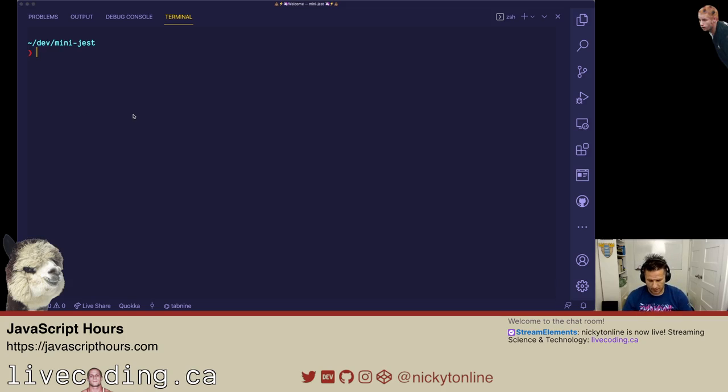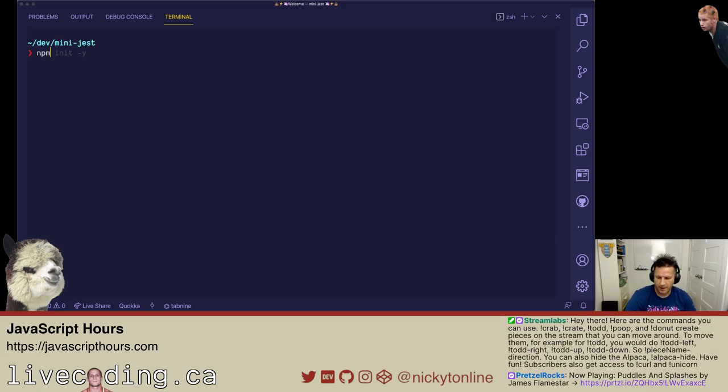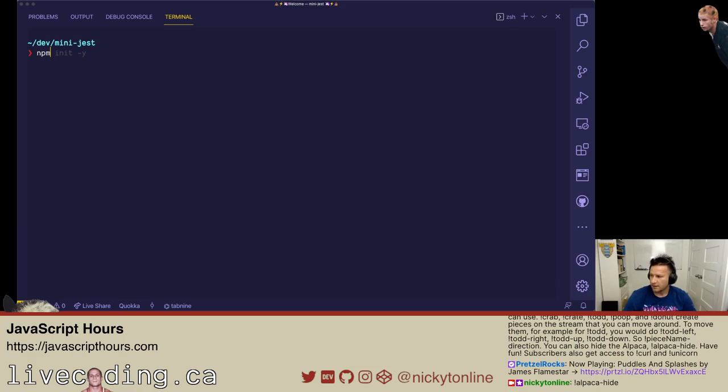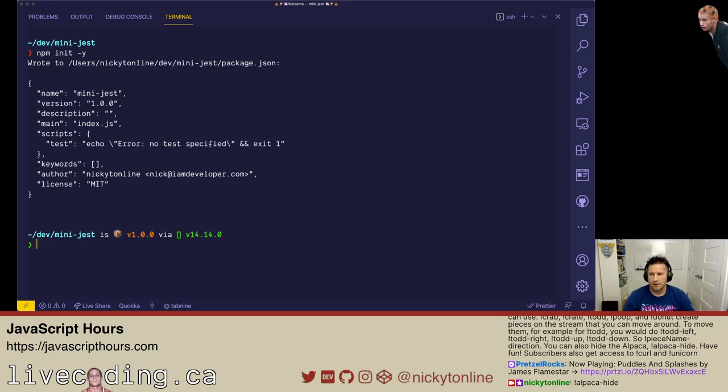I'm just going to hide my alpaca like I always do. All right, so we're going to do npm init -y, and that just installs with the defaults that I have set up for npm. And so that's just going to create a bare bones package.json